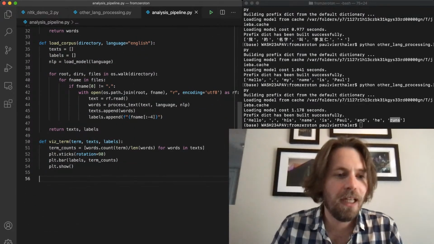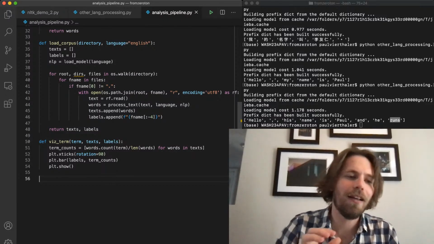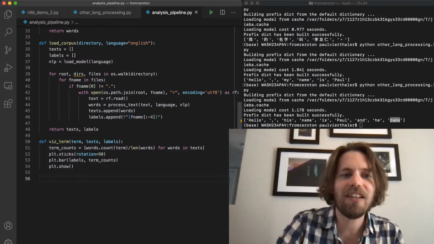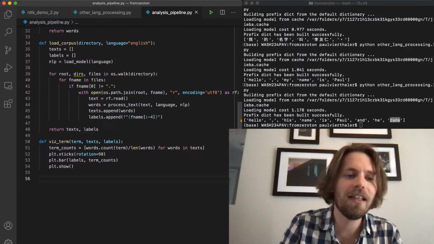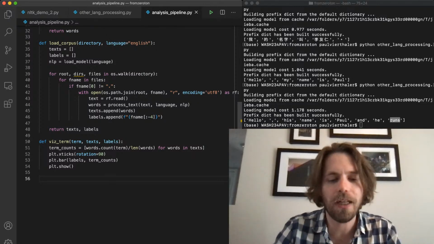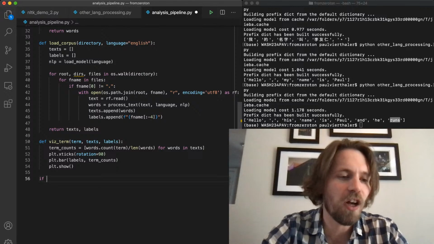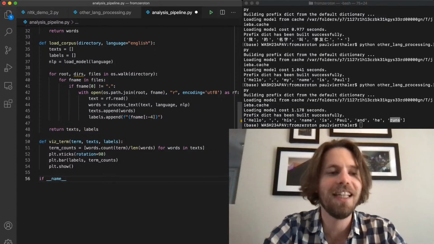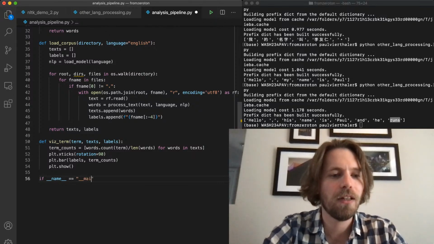Now, if we're being good programmers, we will add a little piece of code at the end that says, hey, I only want to execute the following code if I am running this directly rather than importing it. So if you've ever seen something called if __name__ equals, in quotation marks, __main__,